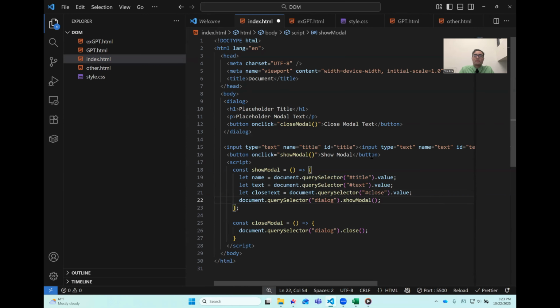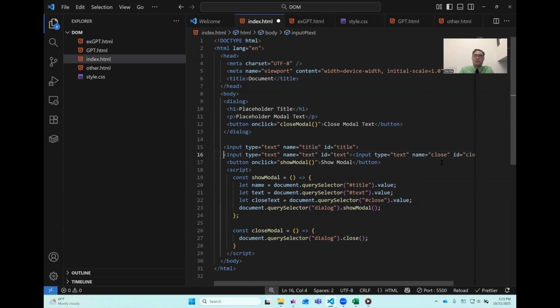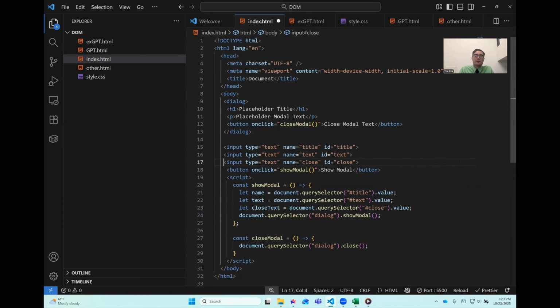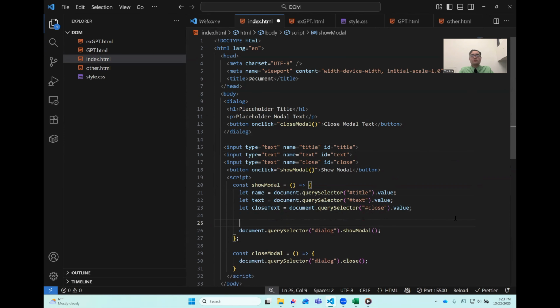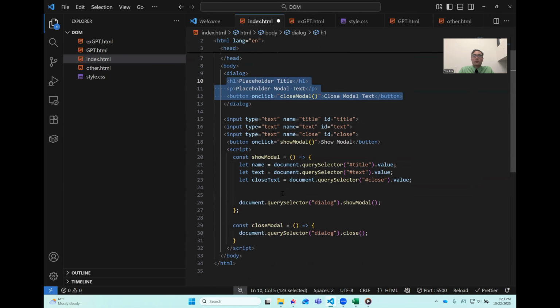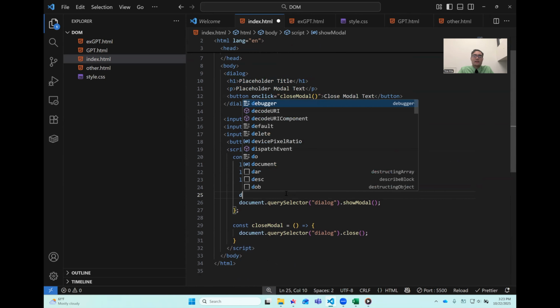So that will grab each of these inputs, and it will grab the IDs close, text, and title, and it'll go in and grab their values. Okay, once we've got that, I want to change their placeholder values here. Well, the way I can do that is I can say